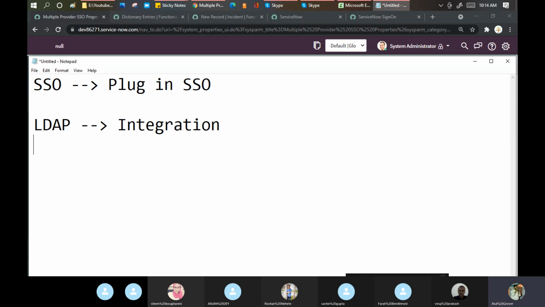LDAP is basically because approximately 50% of these participants are already working in the IT industry for a long time, 10, 12, 13, 15, 20 years of experience. We know that, and for people like Reshma, Roshan and Gaurav, there's a concept called Active Directory, AD.